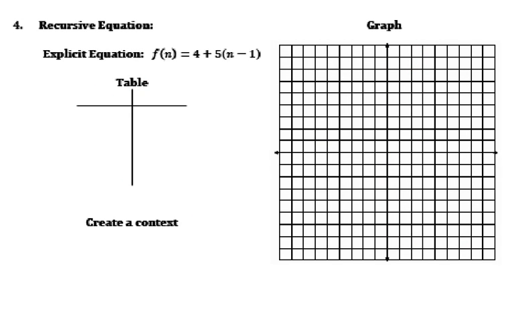Now this explicit equation is a little different than what we've seen. Okay? So what I would do is just go 5 times n, 5 times negative 1, to get f of n equals 4 plus 5n minus 5. So it would be 4 and negative 5 would give us 5n minus 1. Okay? Then,